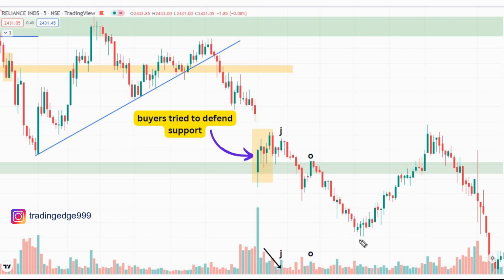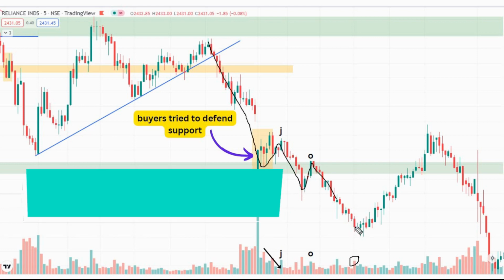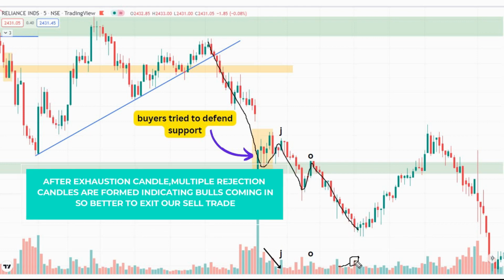Now here, what is happening? There is an increase in volume after a strong downtrend. So this could be a sign of potential exhaustion in the markets. Okay, from here prices were falling. Okay, now we are seeing an increase in volume